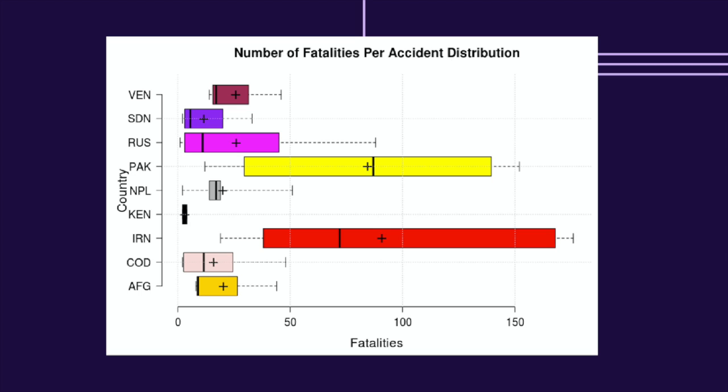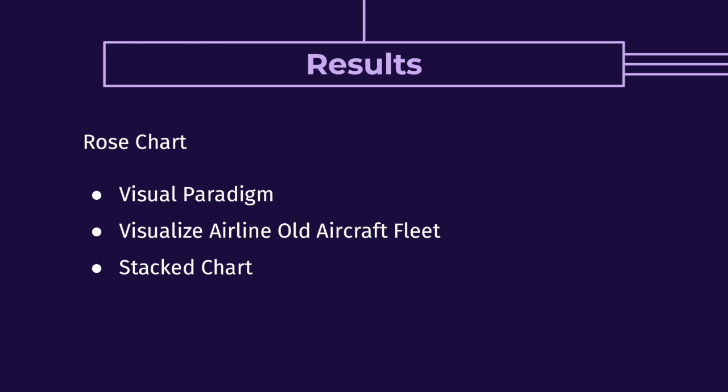Looking at the visualization, Iran, Russia, and Pakistan are skewed left, meaning the majority of accidents that occur in Iran, Pakistan, and Russia result in a high amount of fatalities. The other countries are skewed mostly right, meaning a low amount of fatalities in the majority of fatal accidents. This skewness can be interpreted as more than 50% of accidents occurring in Pakistan and Iran result in more than 60 and 80 fatalities.